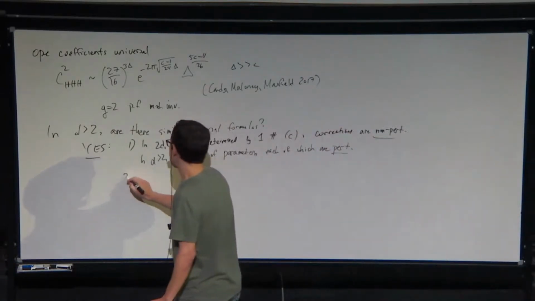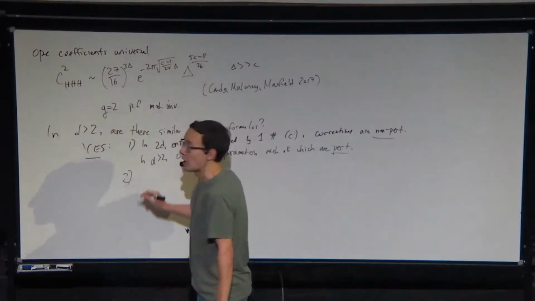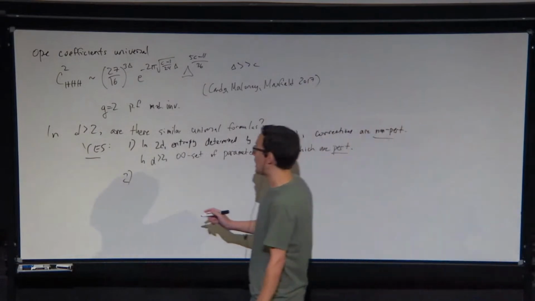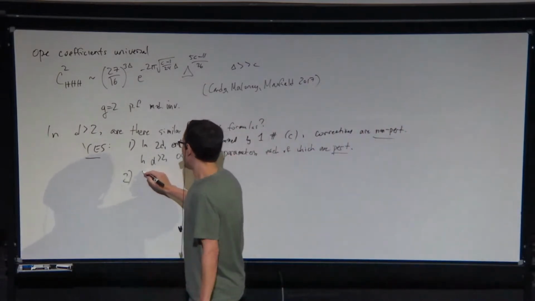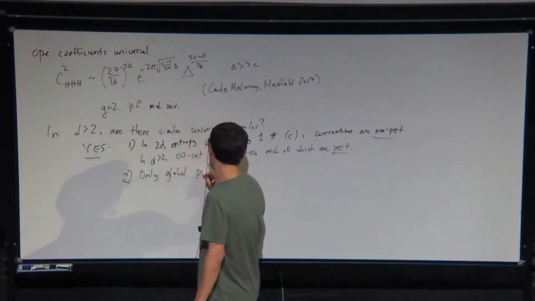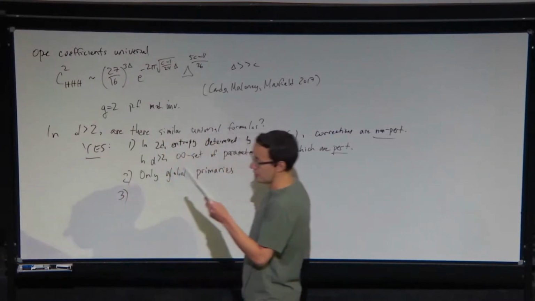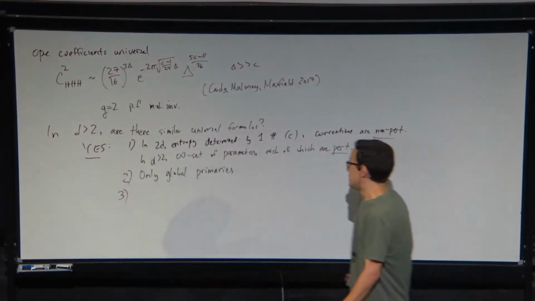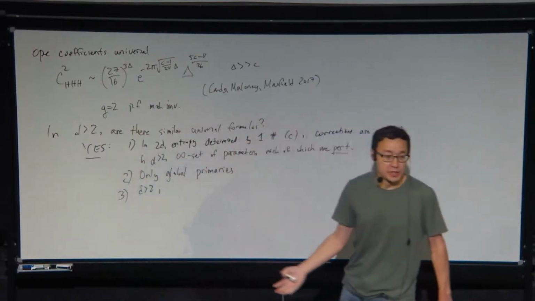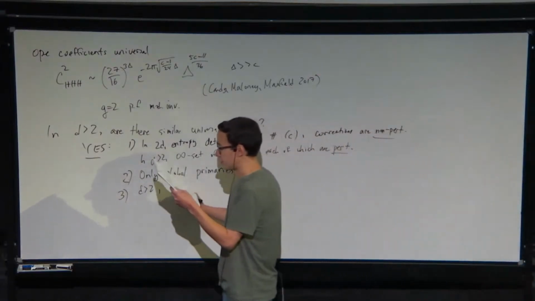Okay, another difference, and this will be more relevant for the OPE coefficients, is that in 2D we have Virasoro symmetry, which is an infinite dimensional symmetry, but obviously in higher D, we'll only have the global symmetry. So we'll only look at global primaries. And a third difference that I'll mention is that in d bigger than 2, these parameters I described here are not going to be related to central charges of the stress tensor, and they're not going to have monotonicity properties under RG flow necessarily.